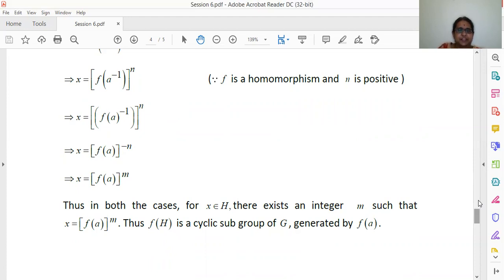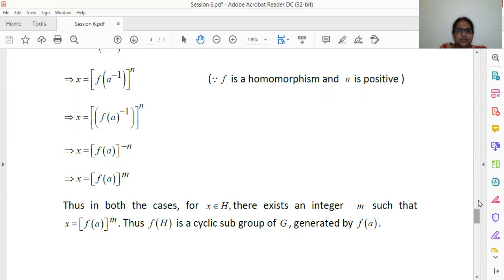Depending on the binary operation, for the domain and the codomain set, we introduce the binary operation in the definition of homomorphism. Then we have used the concept of subgroup. So subgroup means, suppose you have a group G and H is a subgroup of G, provided, first of all, H has to be a subset of G. Then the second condition is it has to be a group by itself under the same binary operation as that of G.